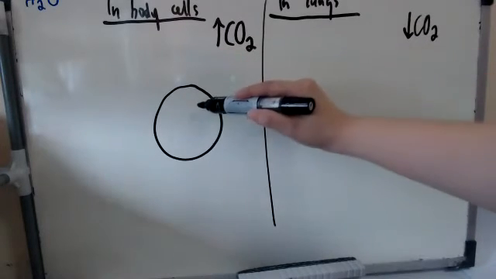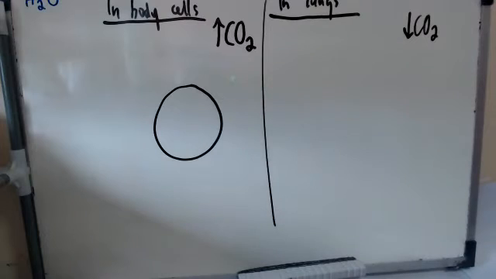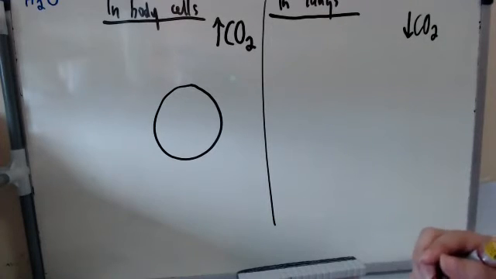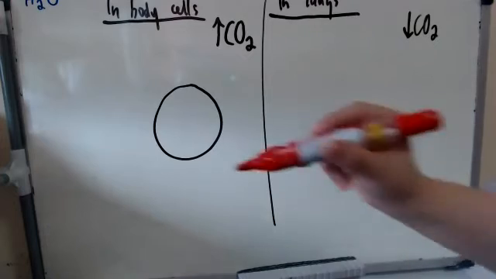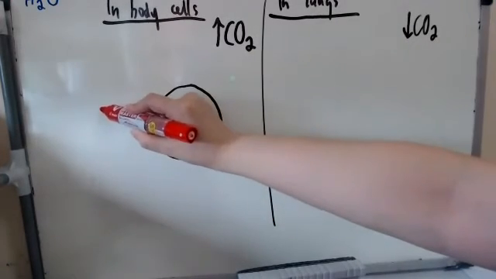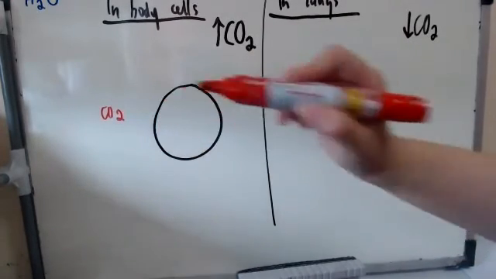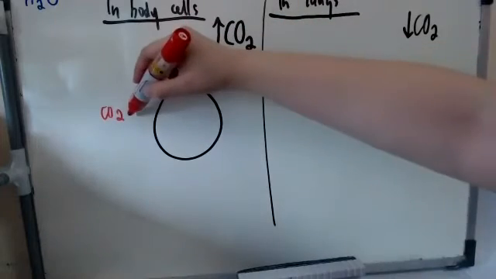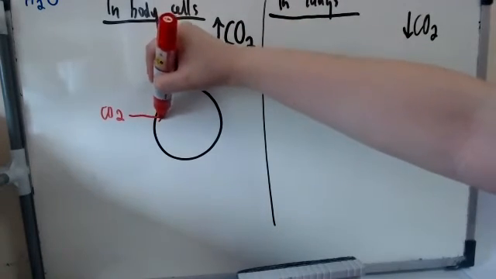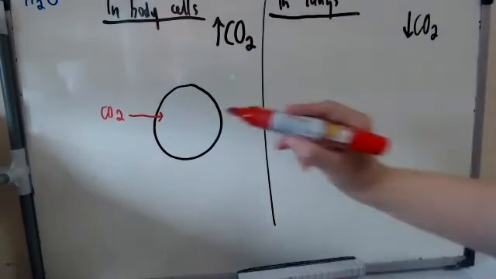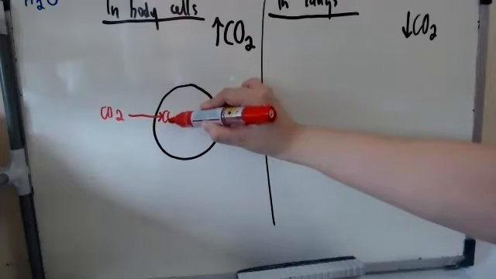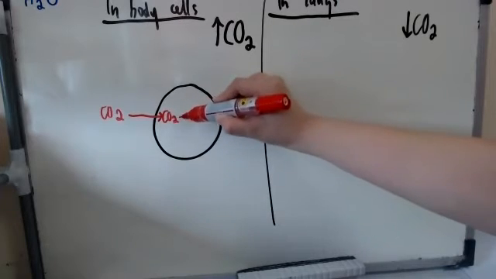The circle that I'm drawing is actually a red blood cell. We need red blood cell to help us because we need an enzyme to help us. The enzyme is found only in the red blood cell. So what happened here is, carbon dioxide from the cell move into the red blood cell, and the carbon dioxide combine with,